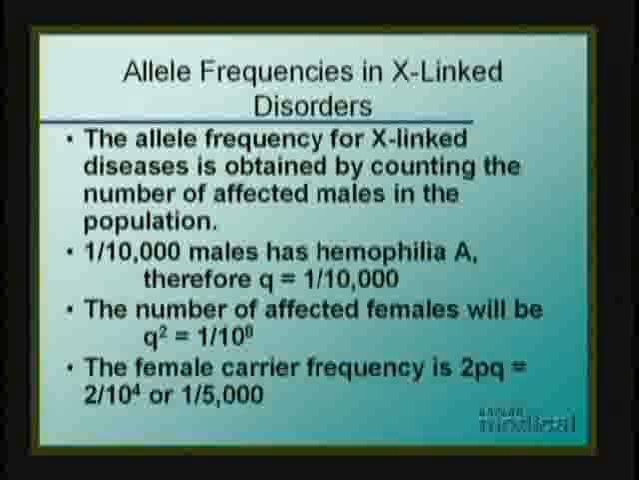That allele frequency Q will be the same in both males and females, so now that we have determined Q by counting males, we can go back and apply the full Hardy-Weinberg equation to make predictions about females in this population. The number of affected females would be Q squared,